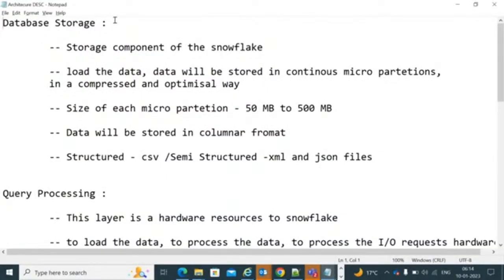So what will this database storage layer do? This is one of the components of Snowflake. We have a storage component and a compute component. This is the storage component of Snowflake. Whenever you load data into Snowflake,